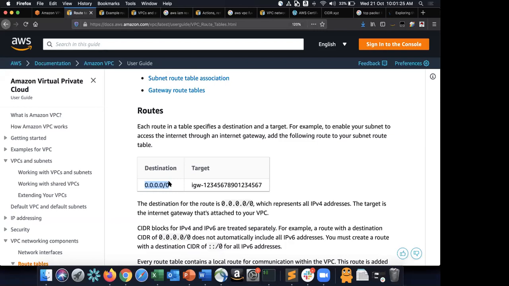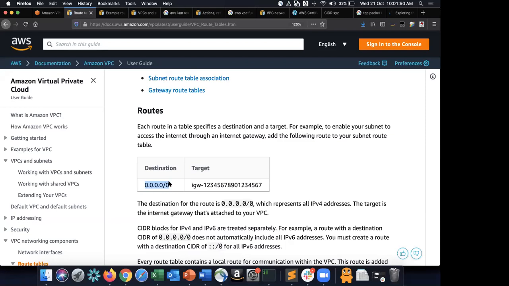Okay, so now what I would do is I would give a more specific route within the VPC itself, which says use this route table and use this subnet for routing the traffic within the VPC. There is a more specific route. Okay, so now when you don't have a more specific route, when say for example your EC2 instance, you want